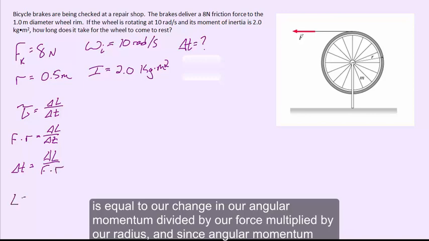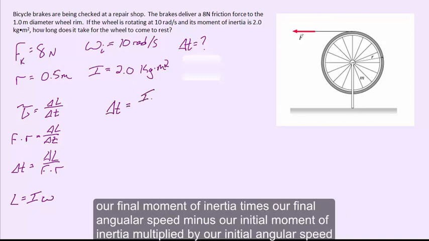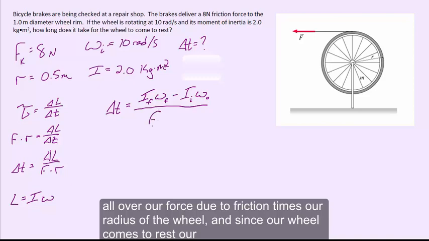And since angular momentum is equivalent to our moment of inertia times our angular speed, we know we can expand our change in angular momentum to be our final moment of inertia times our final angular speed minus our initial moment of inertia multiplied by our initial angular speed, all over our force due to friction times our radius of the wheel. And since our wheel comes to rest,